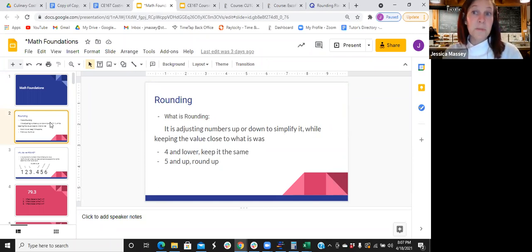Now, this is going to sound really silly, but remember this. I promise this will help you. Think of 0 through 4 as your nice numbers. They're so nice, they don't make their neighbor change who they are. They let them stay who they are because they're so nice. 5 and above, or 5 through 9, are bossy numbers or mean numbers. They make their neighbor change who they are because they're so mean, they boss them around and they force them